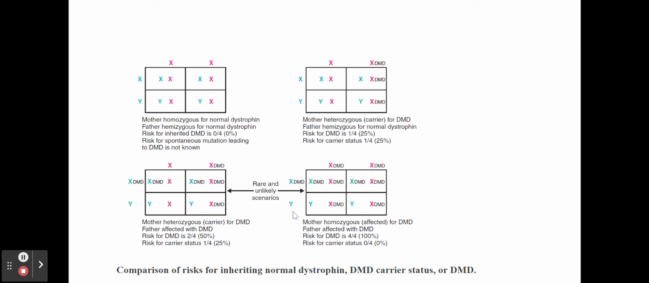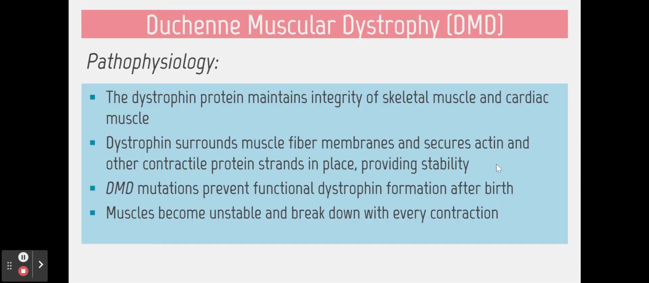This is probably the least likely scenario, 2 individuals with Becker's muscular dystrophy. I'm not even going to work that out because the likelihood is so incredibly far-fetched. All right, so in Duchenne, back to Duchenne muscular dystrophy, pathophysiology, the dystrophin protein is like a little wrapper,